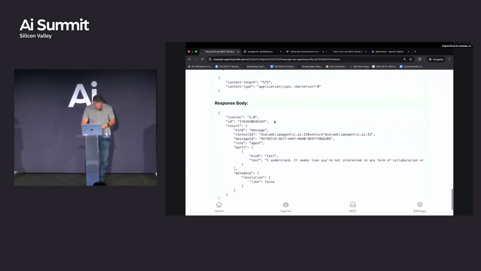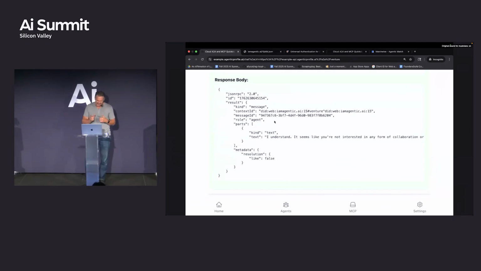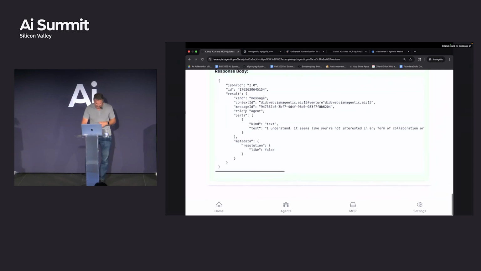Then down here on the response side was kind of fun, and this is the hackery on the protocol. This is not MCP, this is A2A in this case. The JSON RPC result is the package you're getting back. But in here was interesting. This is an A2A message, and in this message, parts, I mentioned that before, kind text and some raw text, which is kind of fun. But the important part here is they also provide a call out through metadata. So you can do metadata with extra stuff, whatever extra stuff is. In this case, I've just made this up. I have a resolution property in metadata, and a single property on that, which is like. So either there's no resolution, or there's like true or like false.